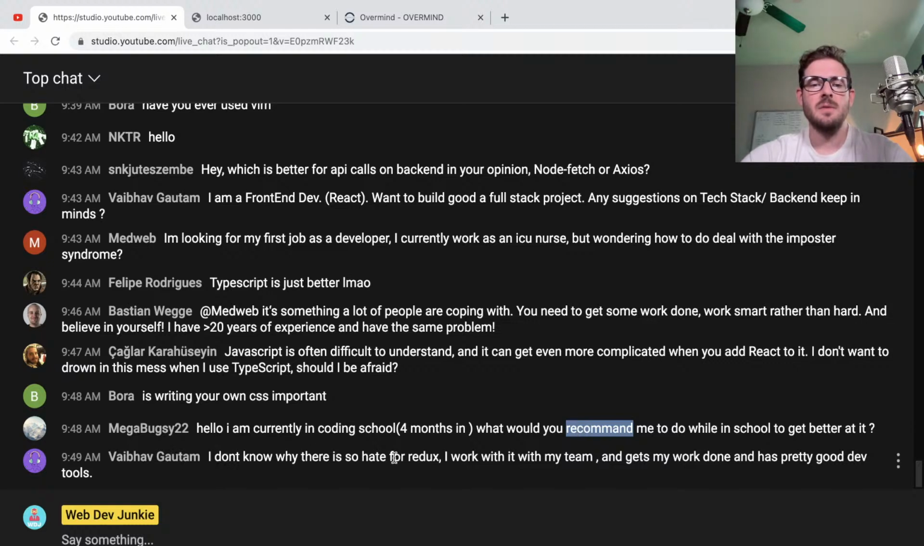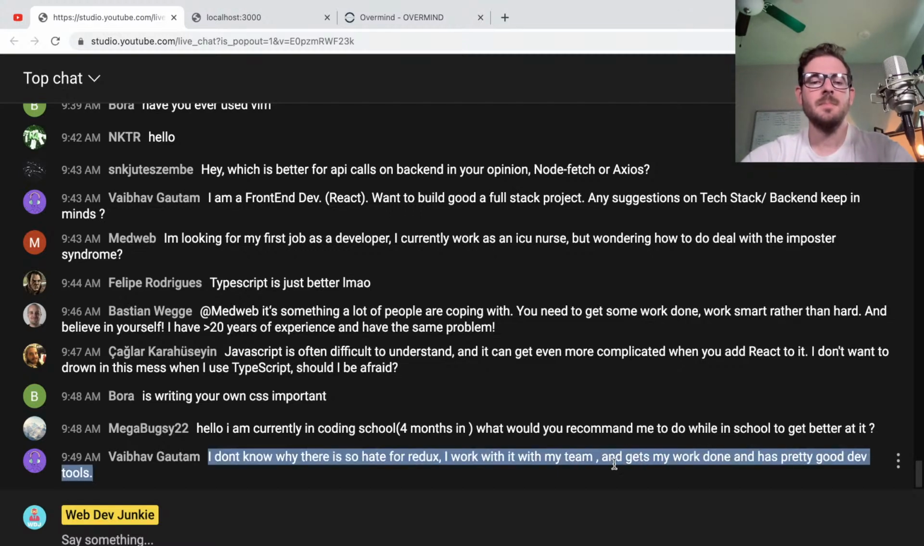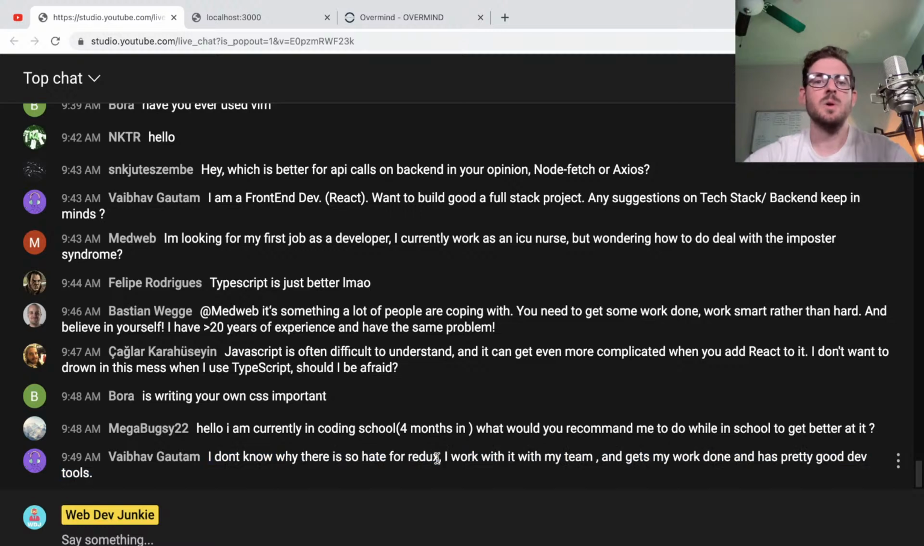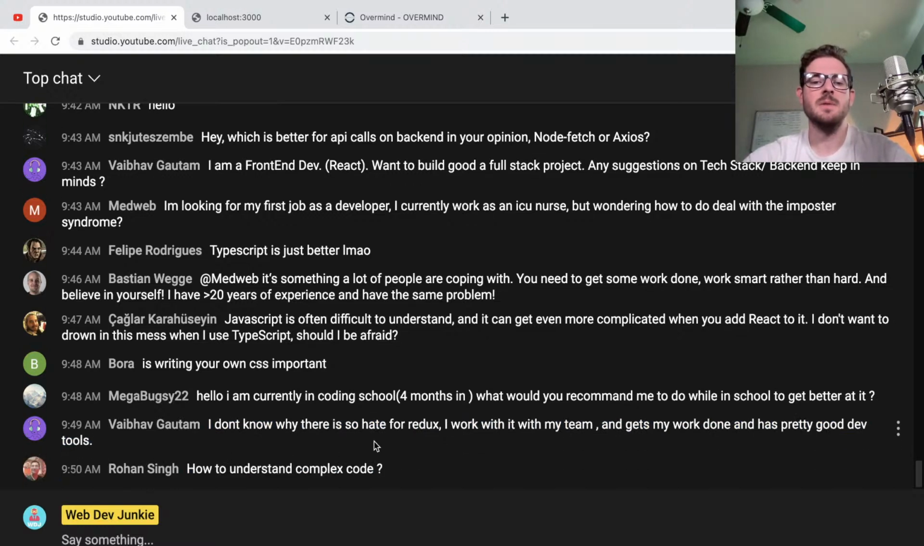I don't know why there's so much hate for Redux. I work with it with my team and it gets my work done and has pretty good dev tools. My main complaint about Redux is that there's this unnecessary coupling between what your UI is doing when you dispatch events and what's actually consuming those events, right? Now, for your project, maybe your project has reached a scale that's large enough where this is super important. But for a project that you're just starting off,